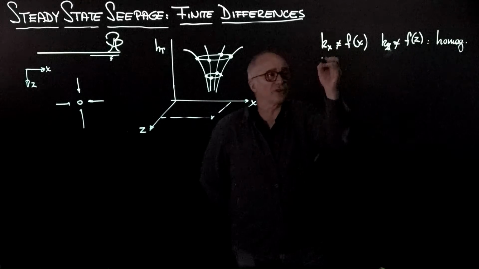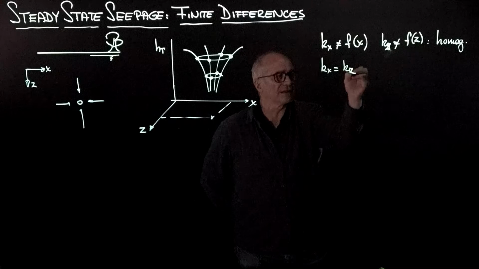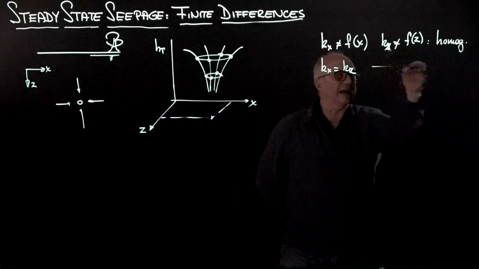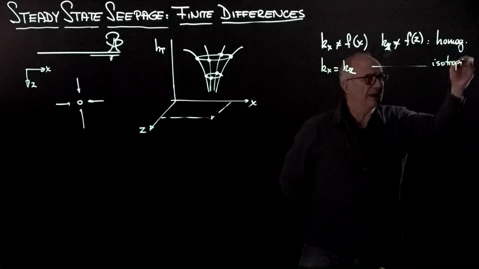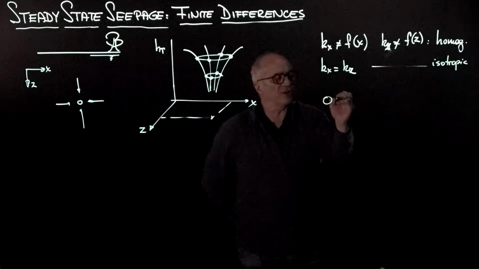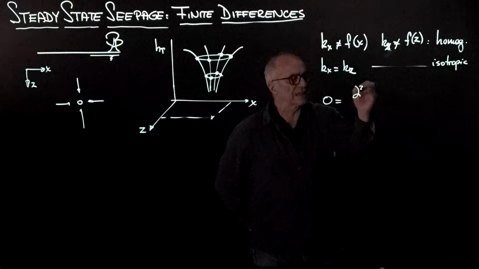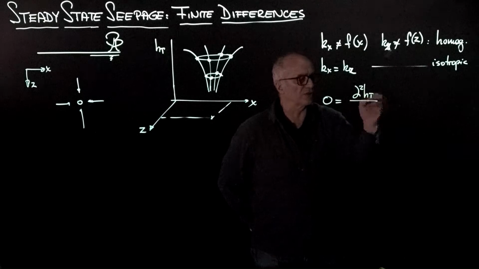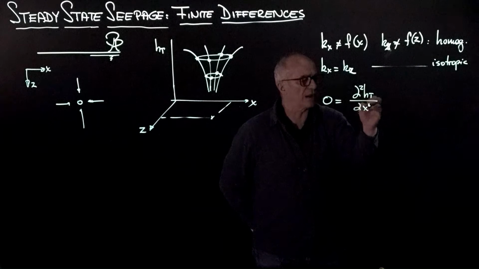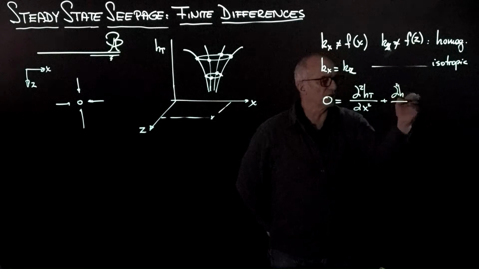But furthermore, if we say that kx is equal to kz, in other words, we have an isotropic system. Under these conditions, under steady state flow, we satisfy the simplest form of the Laplacian, which is the second derivative of h total with respect to x twice, plus the second derivative of h total with respect to z twice, is equal